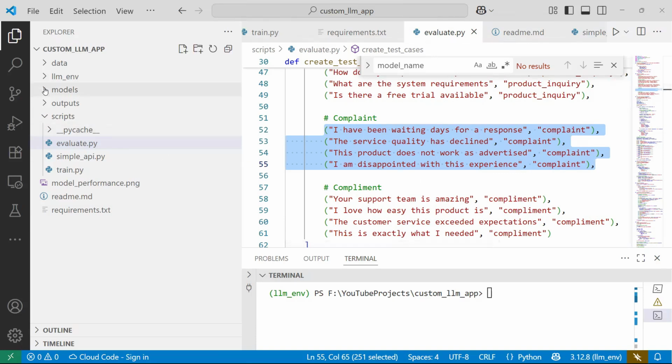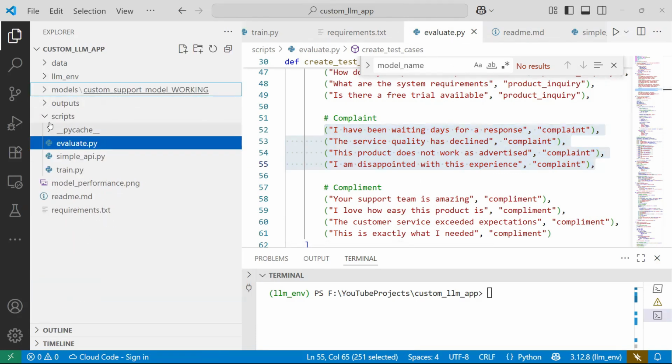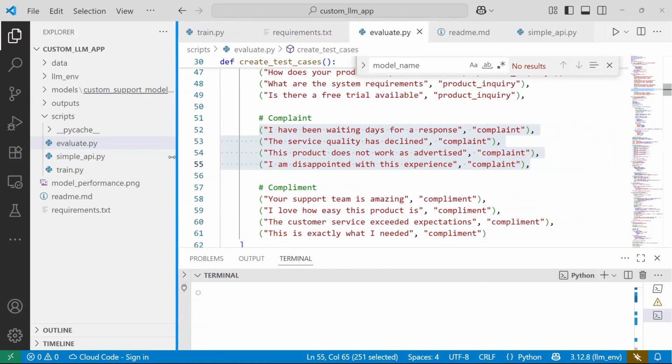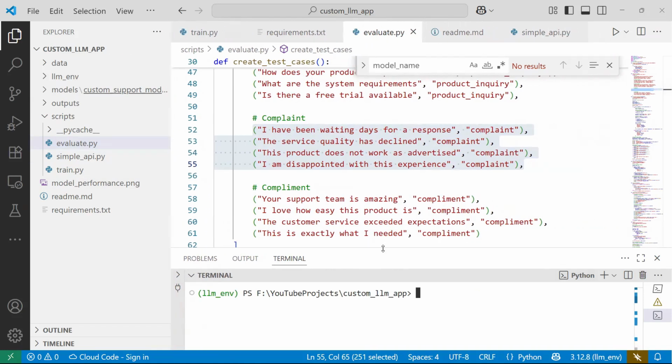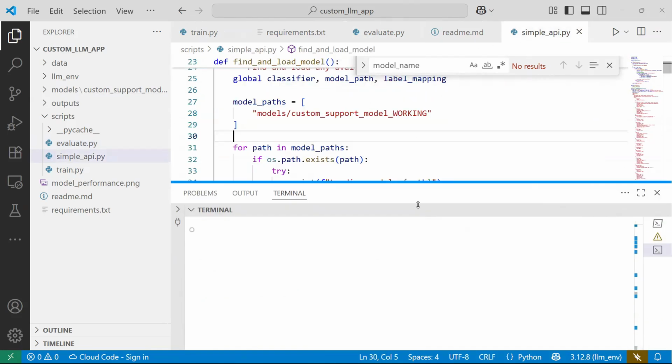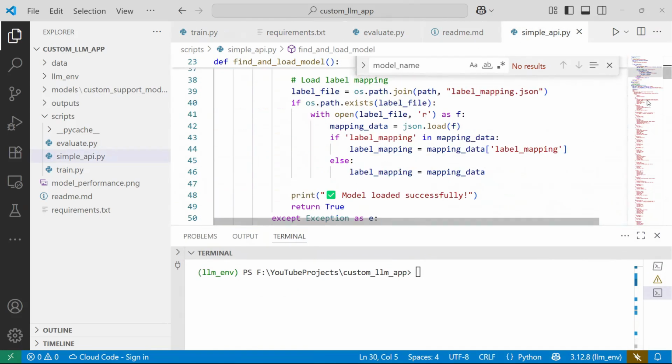Once you have your model ready, once you have it evaluated and you are happy with the evaluation, the next thing you can do is deploy it in multiple ways. The way I have used here is the Flask way. Basically, I have created a simple API, but the same model can be deployed using n number of different ways. It can be deployed using Gradio. It can be deployed in cloud environments. It can be deployed using Docker.